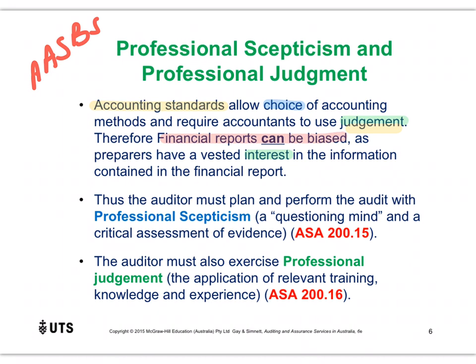So keeping this in mind, it's really important that we as auditors exercise what's called professional skepticism. Now, what does this mean? Well, the best way to explain that concept is that quite simply, it's keeping a questioning mind. What does that mean? We need to have a questioning mind, and we need to be thorough when we investigate all the evidence that we are presented with.